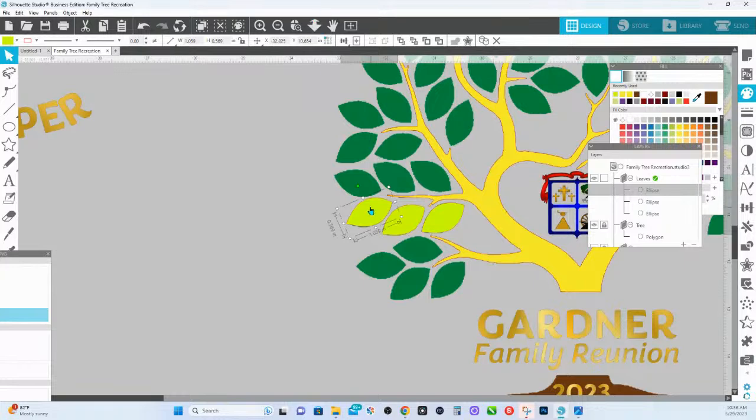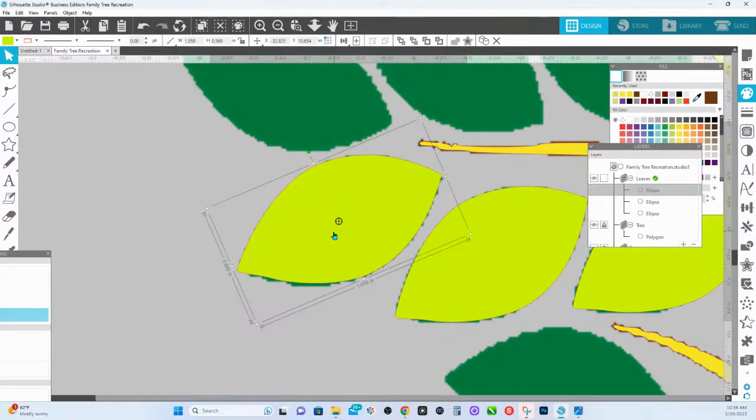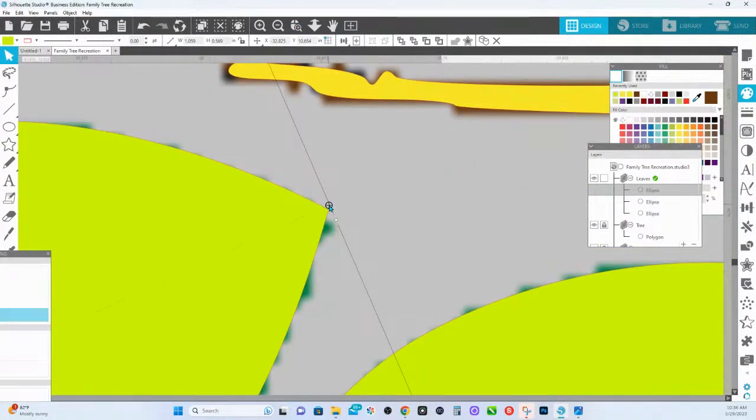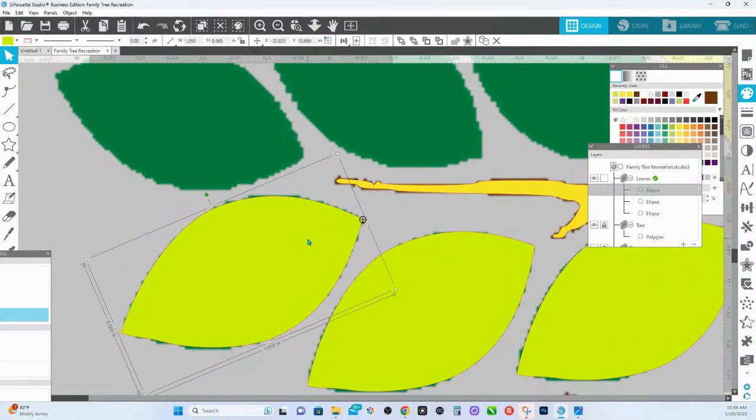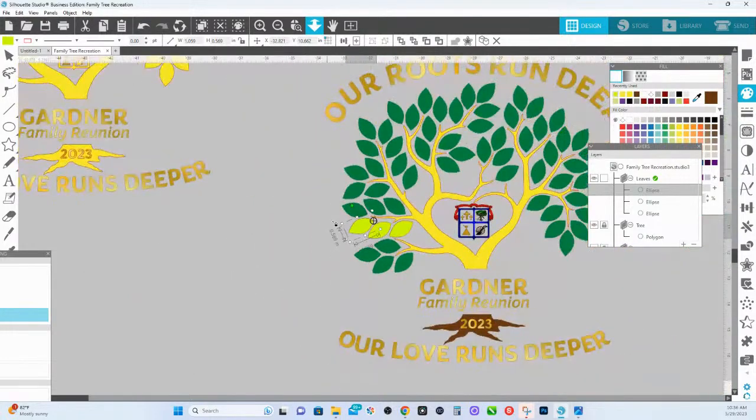So what I'm going to do is click on it. I'm going to hit O on my keyboard. That is going to bring up my center of rotation. You can choose the top or bottom point. So we're going to just bring this down to the bottom of the leaf. I'm going to put it right there on the corner. And then I'll be able to use this to pivot and rotate it. I'm going to duplicate